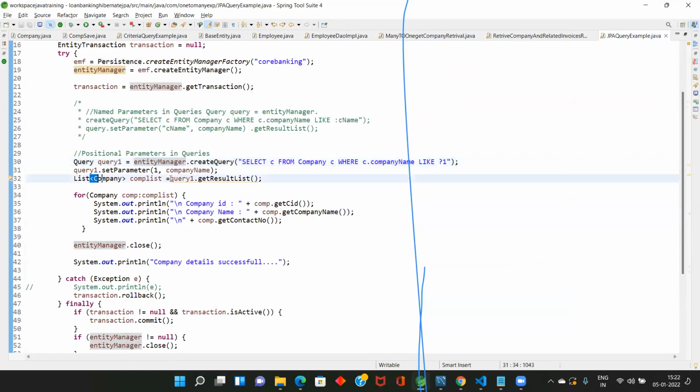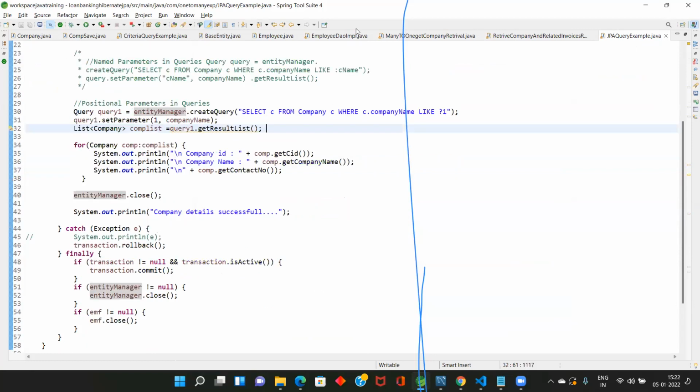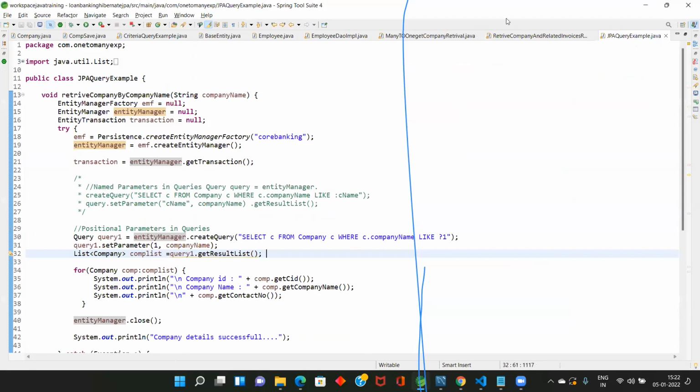So here 1, and this one list, then I get and I display it. So this is the code and you should be able to see the code.